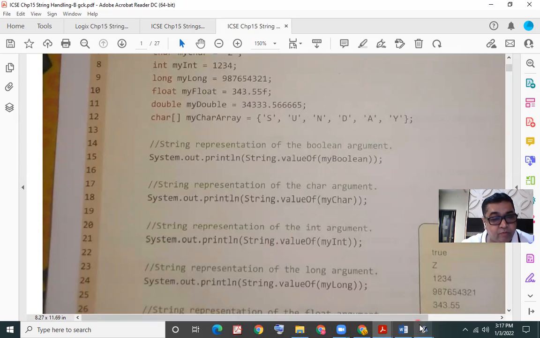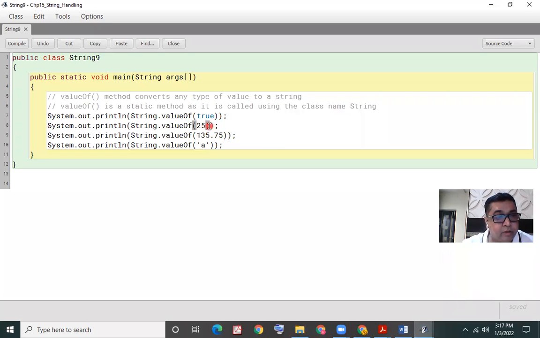Sometime back in my example, when I had written plus 10 over here, it did not add 25 and 10 and give 35. It actually did concatenation, because that 25, the integer value, got converted to string, and so that string 25 was concatenated with 10, and we got the output 2510. I hope you got the point.